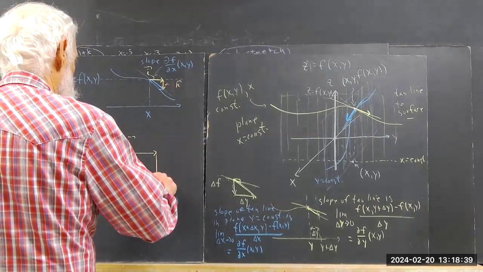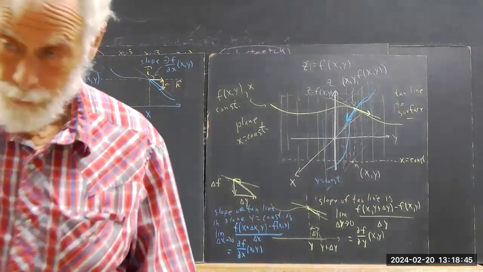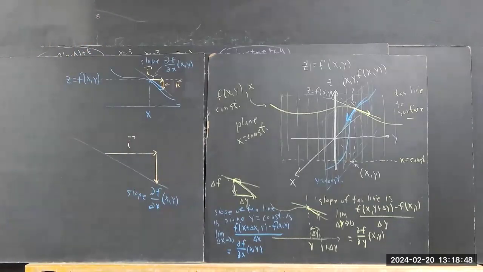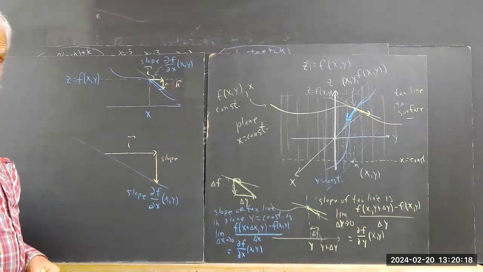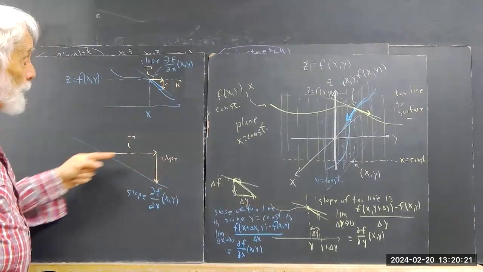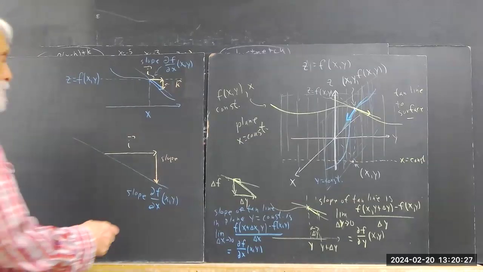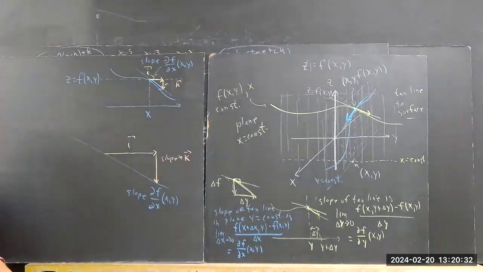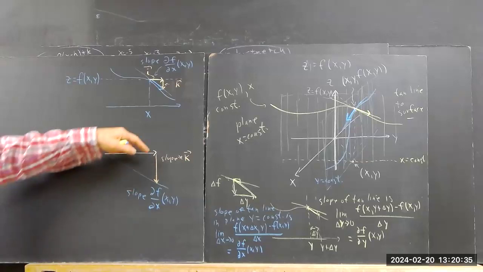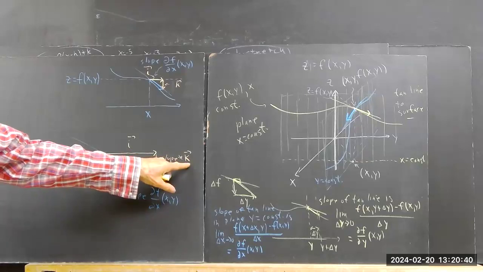then how long does this vector have to be? How long is this vector? It's 1, and we have a conjecture here that that's going to be right. Slope is rise over run, right? Here's your rise, here's your run. If you divide the rise by the run, you're going to get the slope, which is this. Okay. So this has to be the slope times your k vector. Because how long is this vector? It's got a length that's equal to the slope because the k vector is a unit vector,